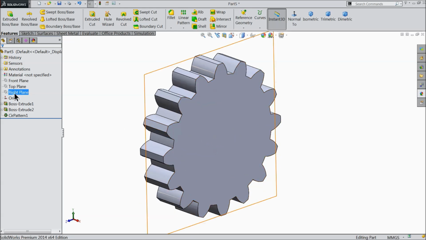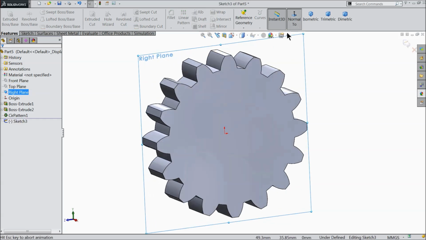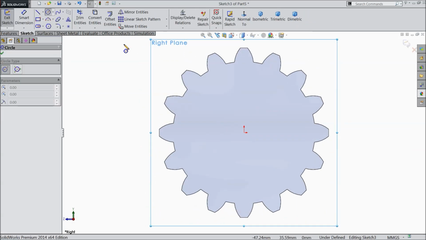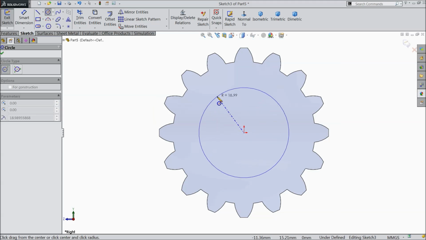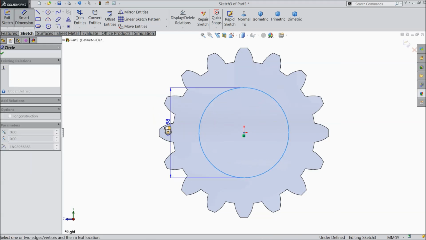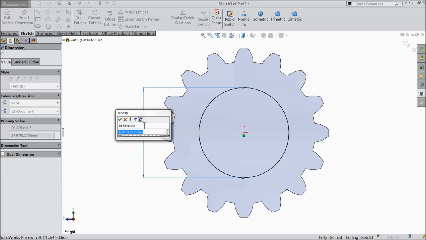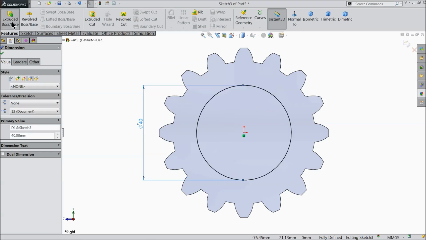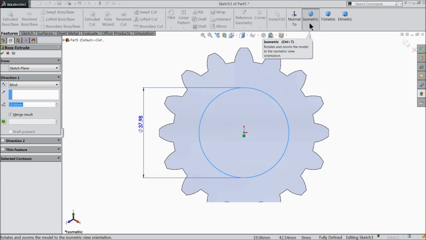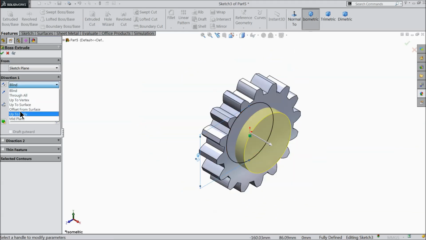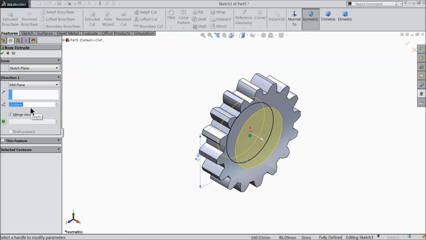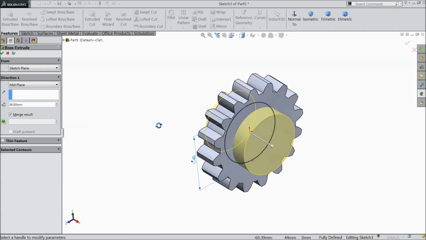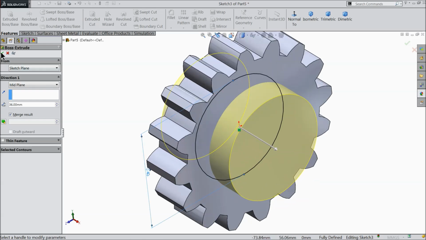Now right plane sketch and draw a circle here. 40 mm. Okay, and extrude it. End condition mid plane, 36 mm. Okay,